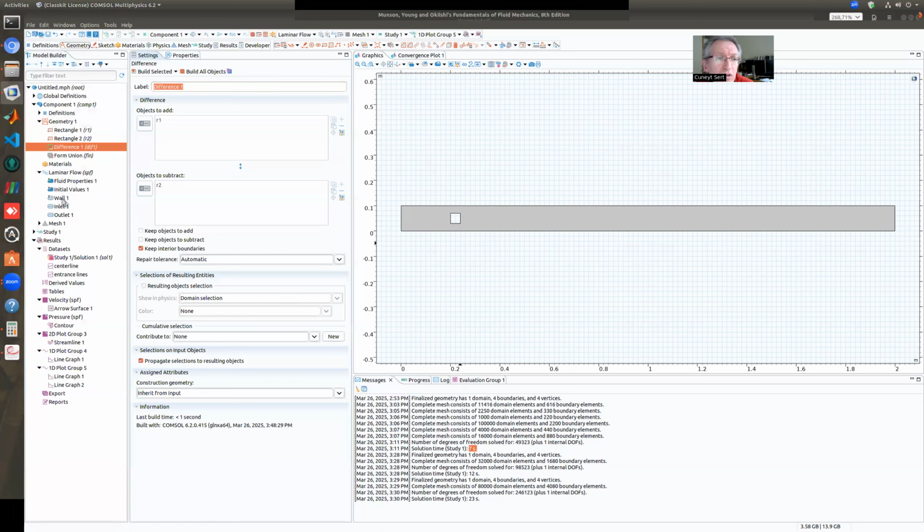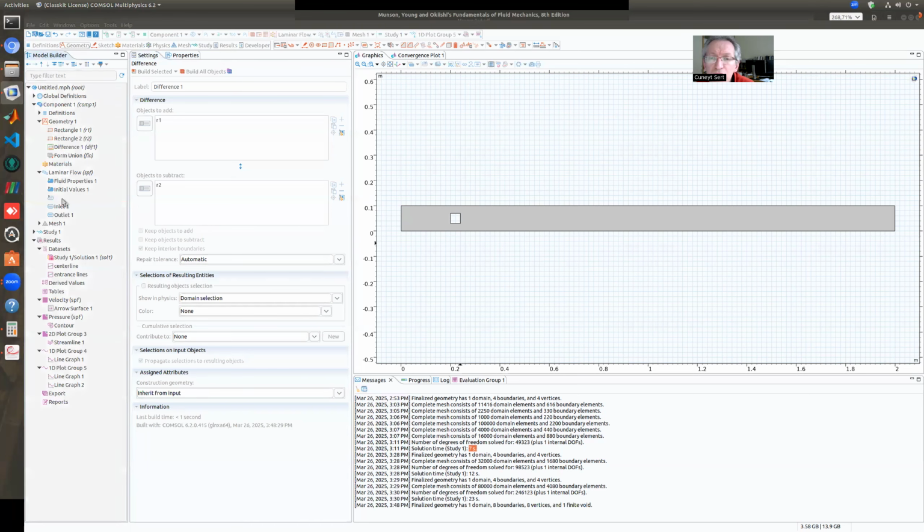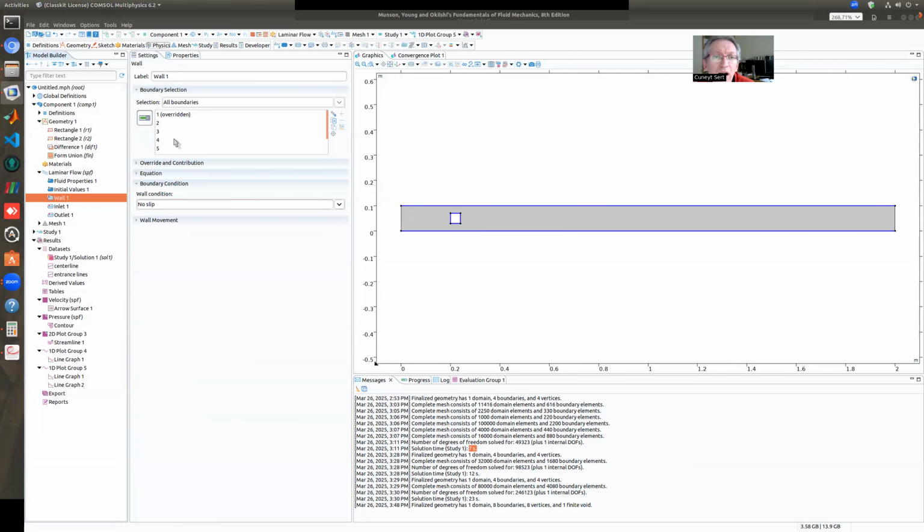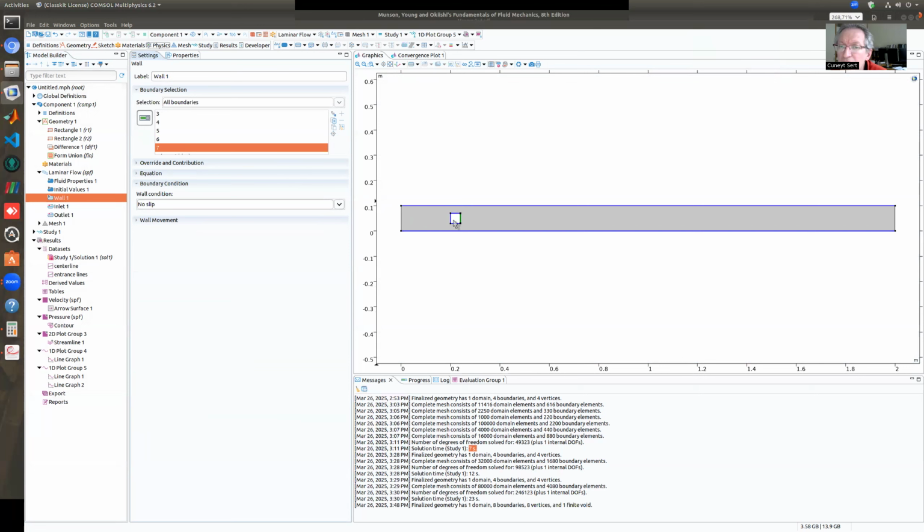So I will come here and check the boundary conditions. My inlet is still here. My exit is still there. My 2 walls are there. But now I have this 2, 3, and so on. 2 is the bottom wall, 3 is the top wall, 4 is the left part of the obstacle, 5 is the bottom part, and I have 6 and 7, the others. By default, every boundary that you generate is given a wall boundary condition, and it is correct in this case. These are walls, no-slip wall boundary conditions. So that's it, I will not change anything else.